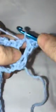So now we're ready to begin row 4, and we're going to chain 3, turn our work, and in this first space we're going to do 2 double crochet into that space there, and then we're going to come over here and we're just going to do 1 single crochet into this center stitch, and then we'll do 5 double crochet into this next space,